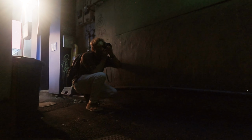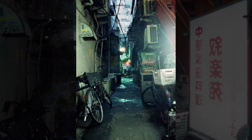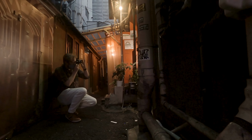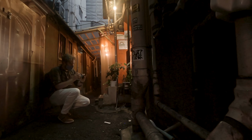So to sum up, the CineStill 800T is a really good fun novelty film. The halation gives a nice bit of drama to your image, but it's not going to be something you want all of the time. The street lamps and stuff for ambient photography at night are going bluer as tungsten gets faded out. So you're going to get a bluer image than you would say 10 years ago because you haven't got the tungsten to offset it anymore,